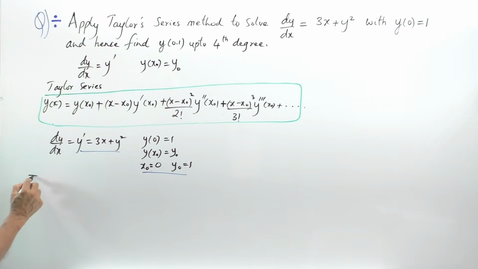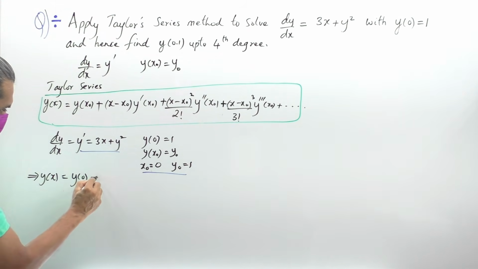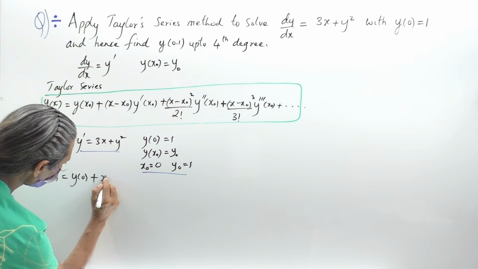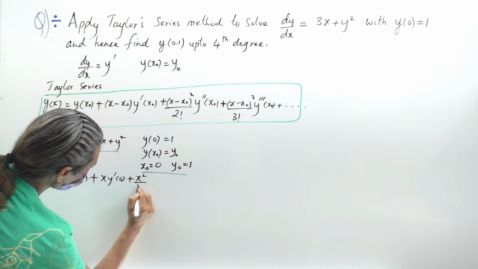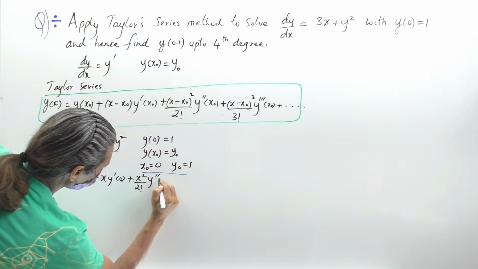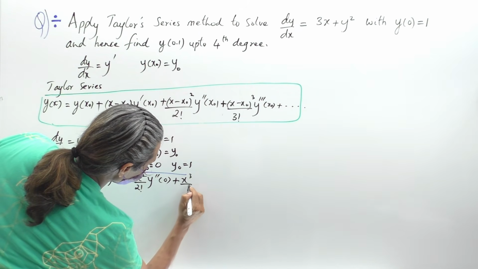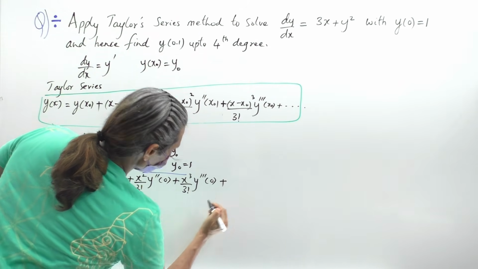Therefore, y of x equals y of 0 plus x minus x naught. Since x naught is 0, it will be x into y dash of 0 plus x square by 2 factorial y double dash of 0 plus x cube over 3 factorial y triple dash of 0 plus